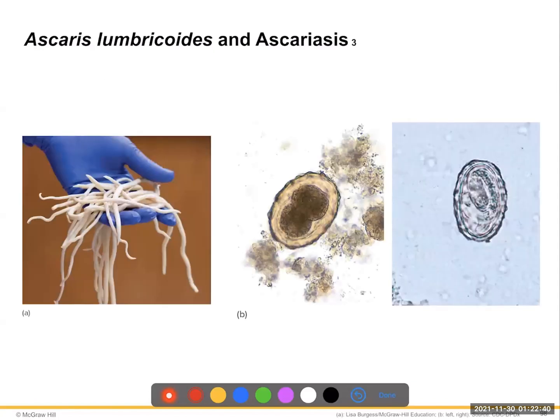And this is what they look like. This is what comes out of you. They're not very pretty. Okay. Again, they don't attach, they just travel throughout your body. And when they get in groups like that, they affect your brain, they affect the different organs that they're at, and can cause mental retardation, physical developmental problems, things like that.